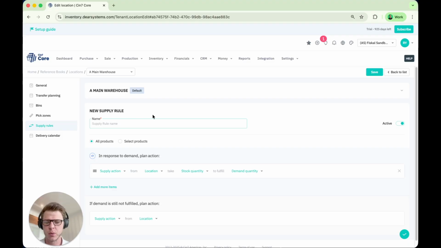You can give it a name. So we'll call it supply main warehouse. Okay. So when we're looking at our supply rules, we can select it for all products or for specific products. If we have different ways that we can supply our demand for different products that we offer, we'll then select specific products for it. However, if everything in your production or in your inventory cycle runs in the same fashion, then all products is